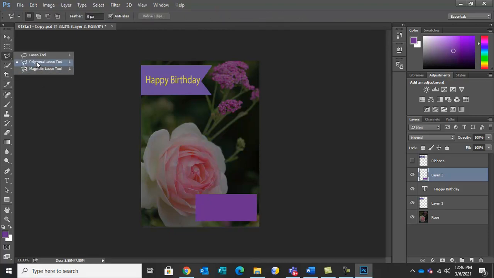Select this polygon lasso tool again. Here, now from this side, click on this top corner, come to the center of this rectangle, just guess it, and here, and go to the starting point. Okay, this one. Now press the delete key. See, and to deselect this selected area, Control D, this one.